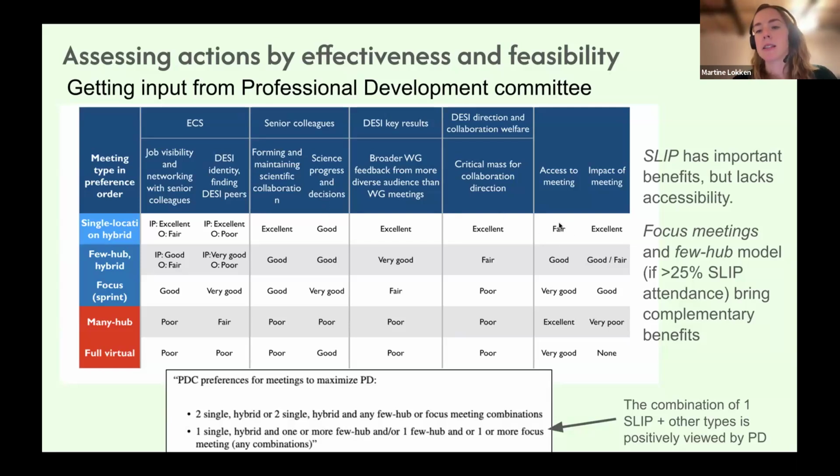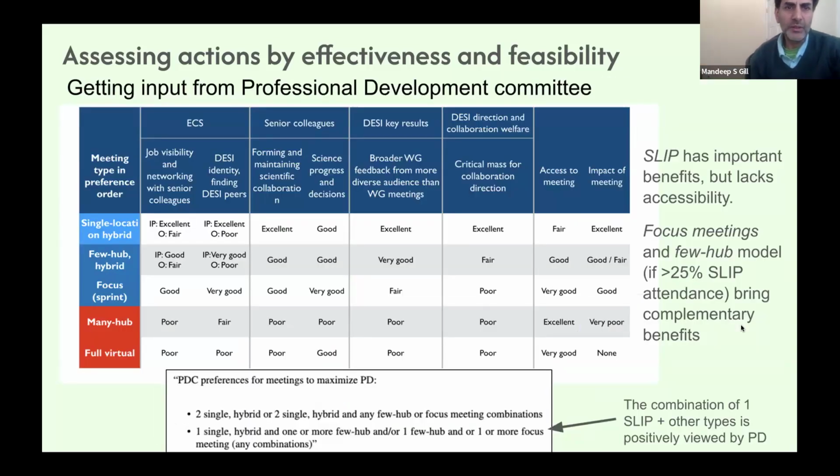But you can see for some things like access that this regular type of meeting actually does a bit worse in this assessment, and obviously something like a remote sprint week or a hub model would have better access. So in the end, this committee ranked pretty highly this idea of having a mixture of a regular classic meeting and hubs or remote sprint weeks. So that was good to show that it's not only for sustainability that we can do this, it actually brings some advantages for the meeting experience itself.